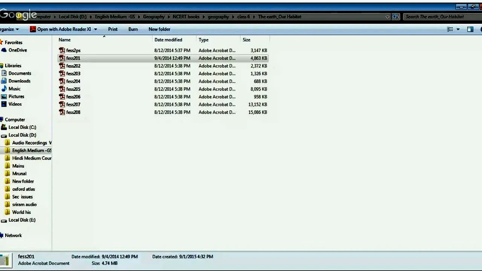Now, what is meant by the solar system? The solar system consists of the Sun plus eight planets, that is Mercury, Venus, Earth, Mars, Jupiter, Saturn, Uranus, Neptune. Now name all the planets according to their distance from the Sun. I've already told you just now. Why is Earth called a unique planet? Because Earth supports life. Earth has conditions for supporting life like water, air, and atmosphere, and also oxygen present in the atmosphere.